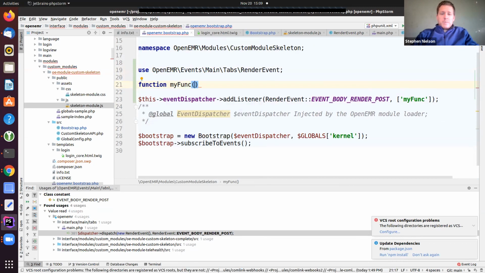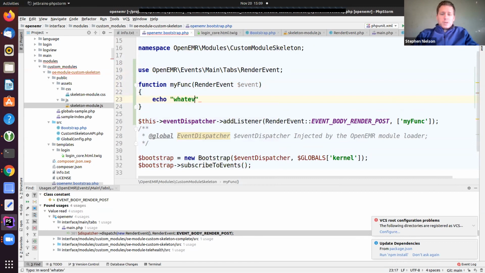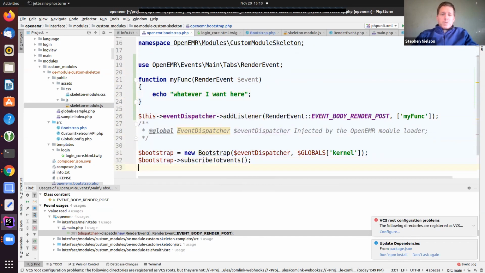And I could have this be a render event, and I can do just straight up functional programming. So you can do whatever you want. If you want to insert a Laravel framework, you'd have to fire off their kernel and run it inside your module, but you could run the Laravel framework directly from in here. So the sky is kind of the limit of what you have available for your modules.